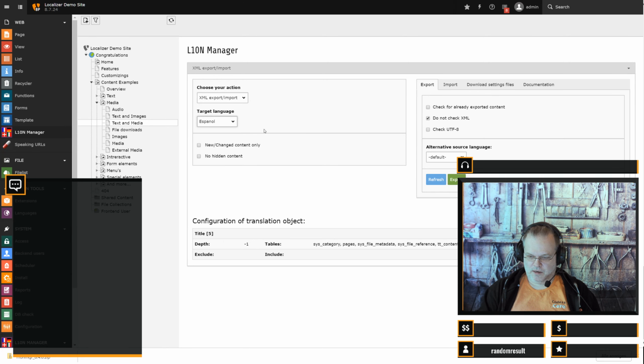Then you have to select the target language. Maybe, for example, we use German here. And you can use an alternative source language which will be used as a kind of overlay. So when you have, for example, a German page and you translate this to Chinese and to English, it would be a good idea to first have it translated to English, because then you can use the alternative source language